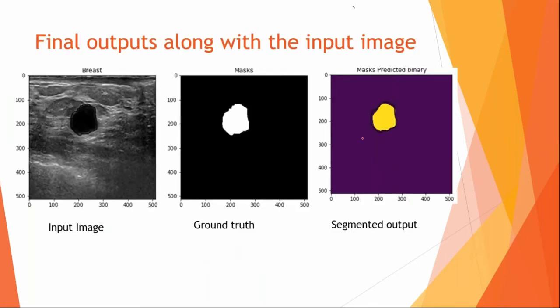And finally, you do a comparison. This is the input image, this is the mask given by the doctor, and this is the output that is generated. You can see the black one drawn on top is the actual ground truth given by the doctor, and this is what we predicted from our network. So these are some of the trials we did, because we wanted to examine and analyze how the U-Net works, and we are able to give you a proper analysis on this.